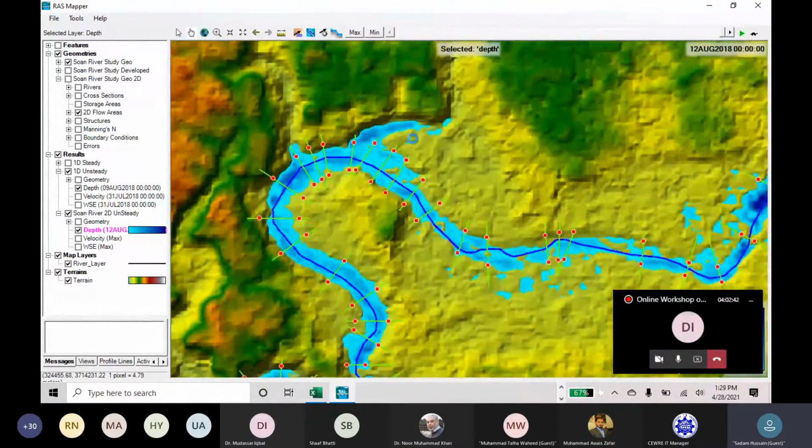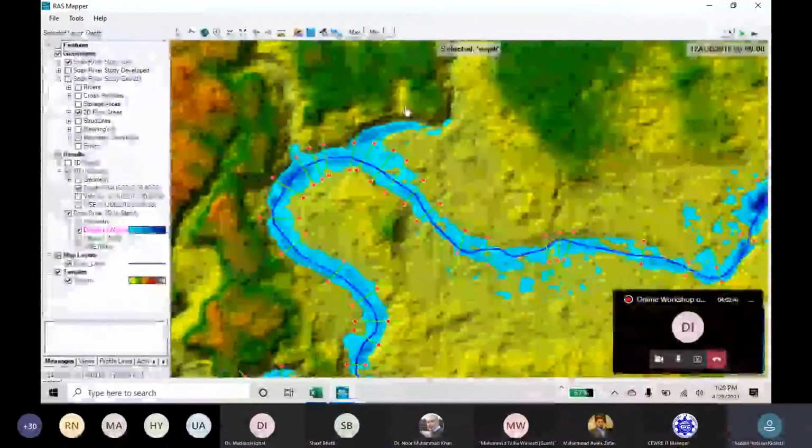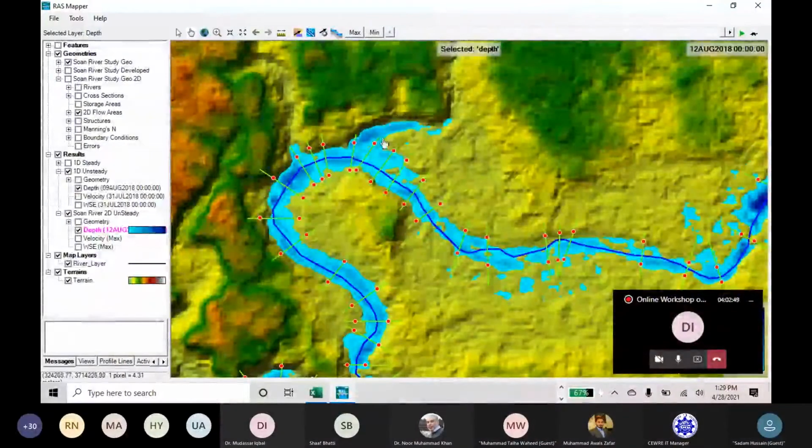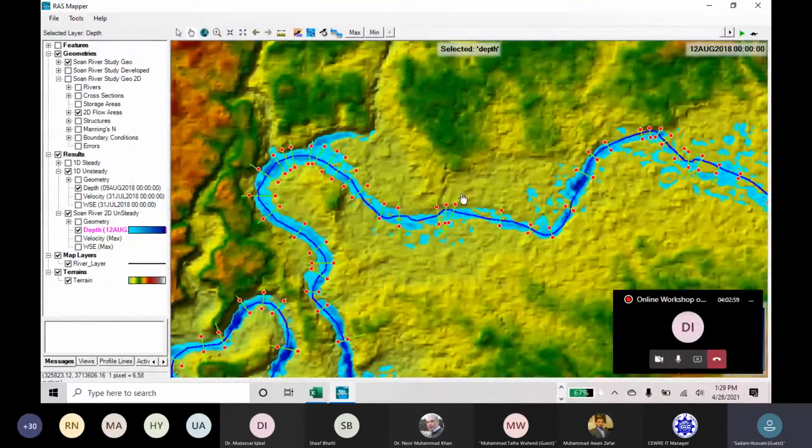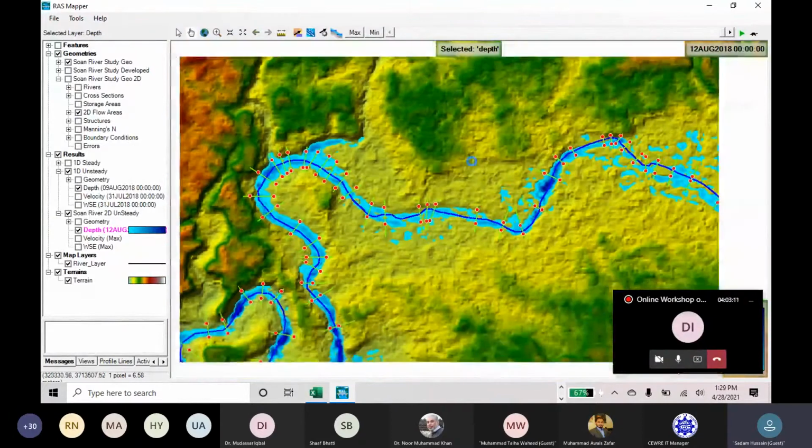If you want to model these features, you have to input the cross section at that point. If you want to make your study more precise according to sedimentation, what if you have a belaz and you have a cross section upstream of the belaz? Then it cannot be incorporated in the cross section. If you want to represent the belaz in the middle of the stream, you have to survey the model at the location of the belaz, upstream and downstream, so you can model the location of the belaz more precisely.